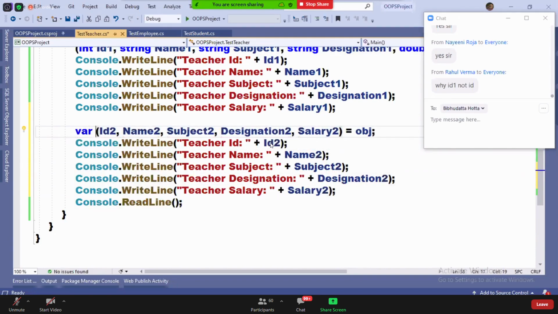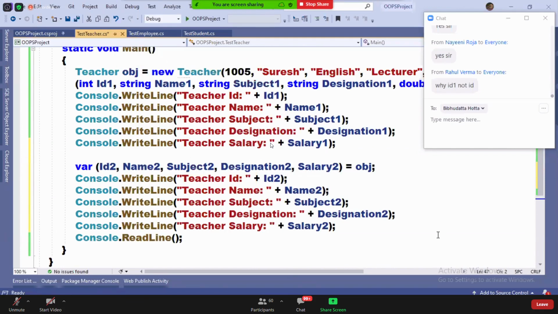You can write like this. This is much simpler, see? You get the same output, guys.